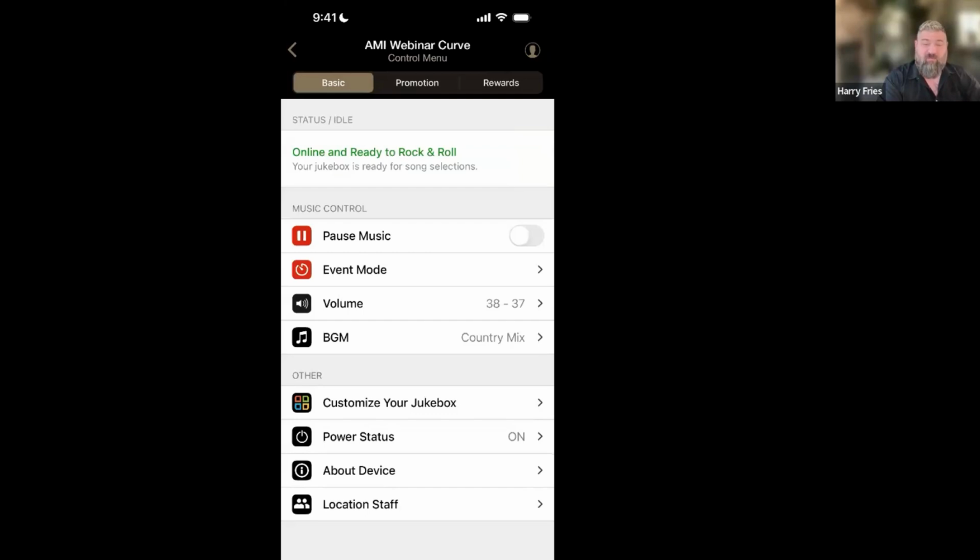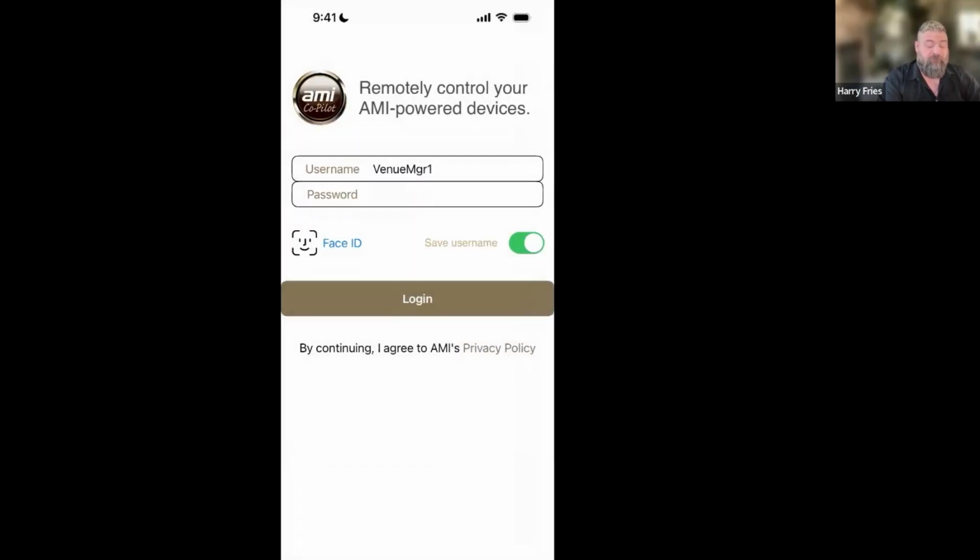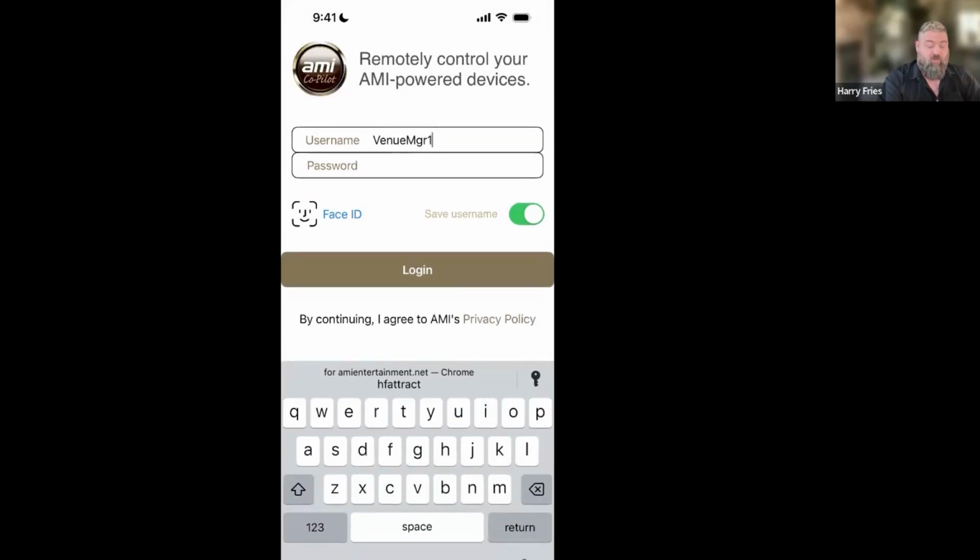There is one last thing that I do want to show you. We have this profile as a venue manager. I want you to see what a venue staff looks like that's been stripped down and doesn't have any permissions. So let's go ahead and log out of here. And we're going to go to